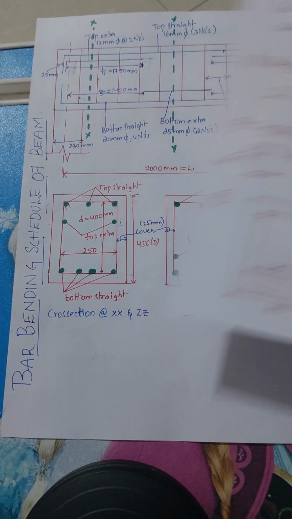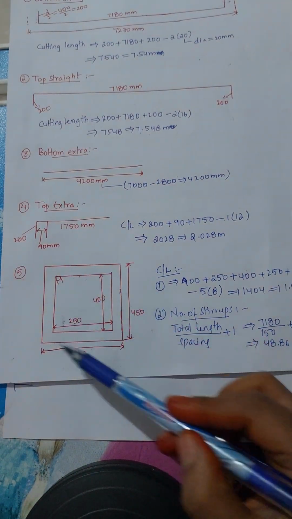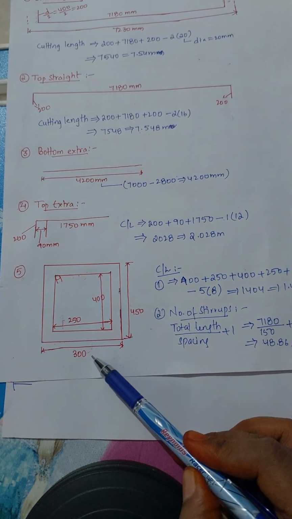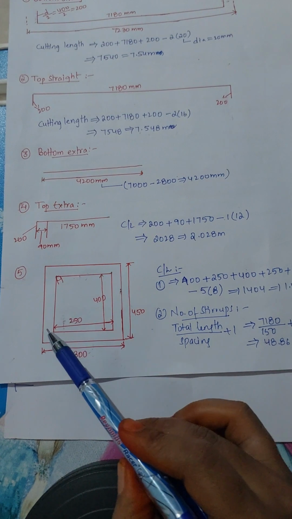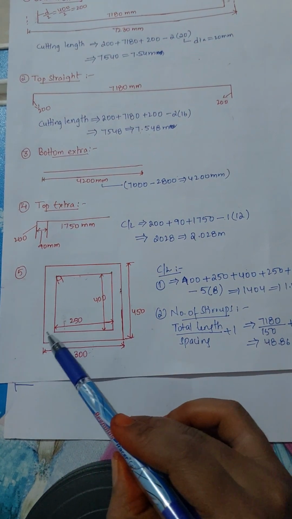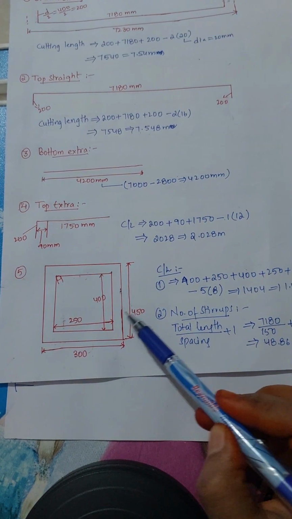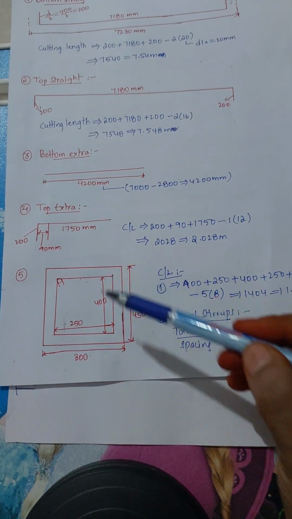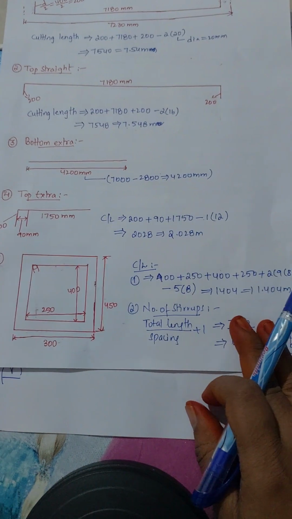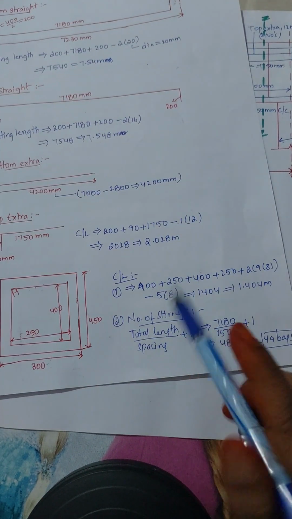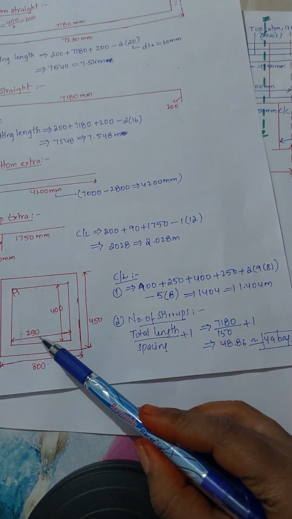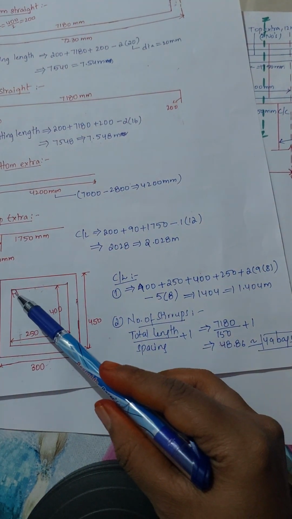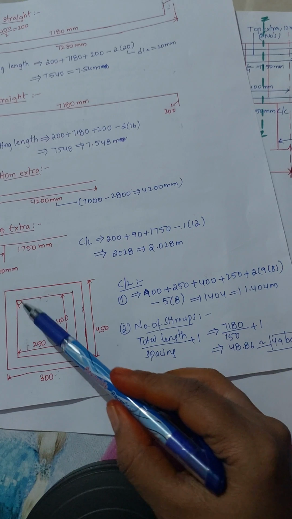For the stirrups we will find the cutting length. For the beam stirrups, the depth is given as 450 mm and the width is given as 300 mm. So after removing the clear cover on both sides, it will be 250 mm, and on this side after removing the clear cover on both sides it will be 400 mm. So now the cutting length will be this 400 plus 250 plus 400 plus 250 plus